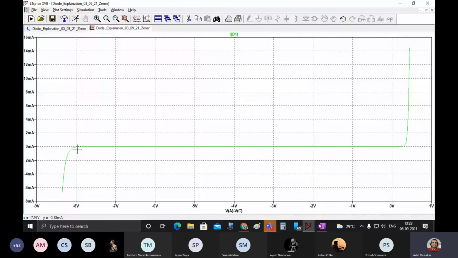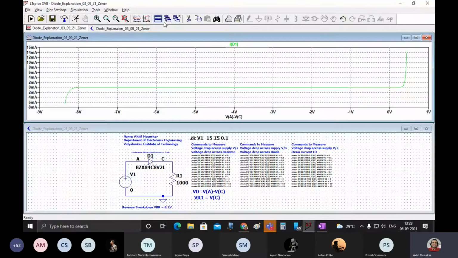Now I want to see the characteristics in this way. Circuit as well as the characteristics. Always you have to show circuit as well as characteristics, because that dot TC command will tell me whether the characteristics that you are showing is for this circuit only. I will give you here 5 minutes to tell me that.